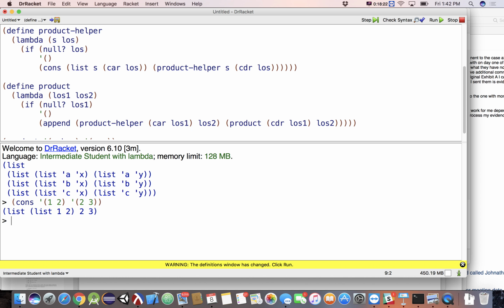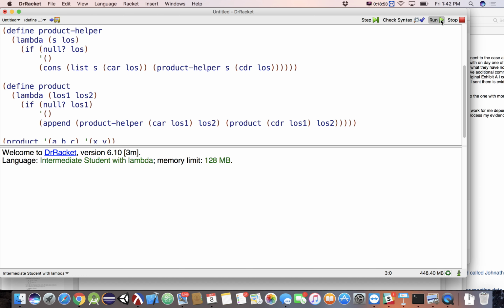When really what I want is the append of the list 1, 2 onto the list 2, 3. And what this is going to give me is the flat list 1, 2, 2, 3. So it glues the 2 lists together as a resulting single list. So by making this an append, we get our flat list of 2 lists.